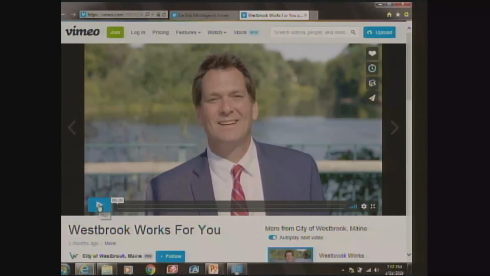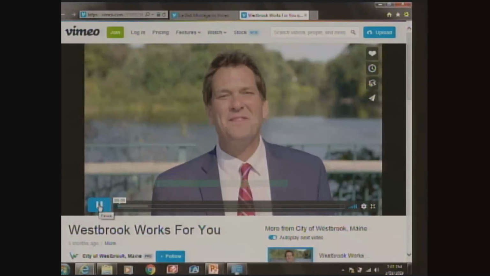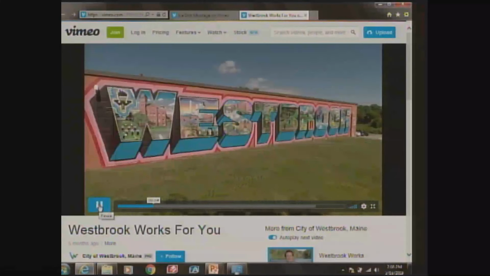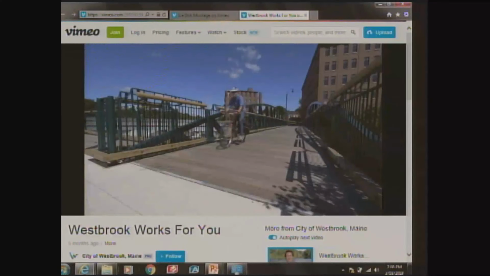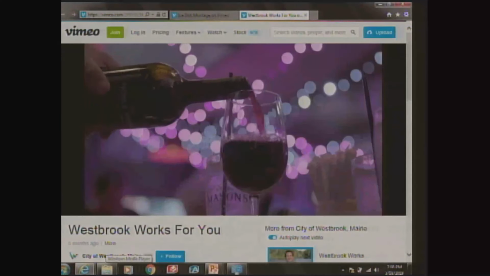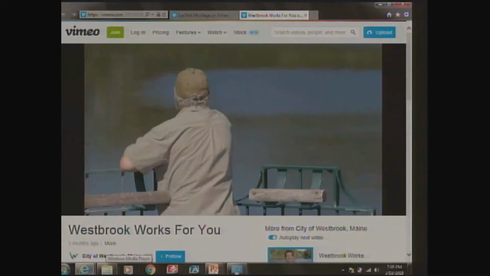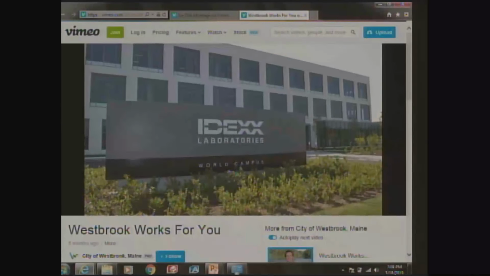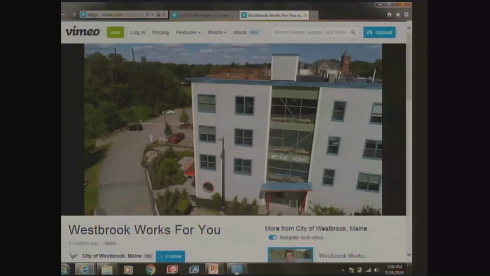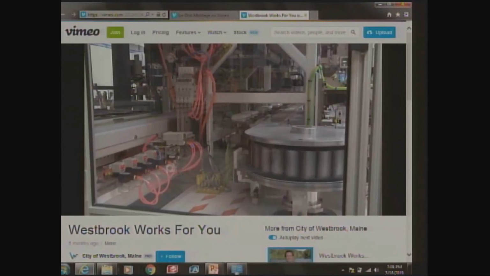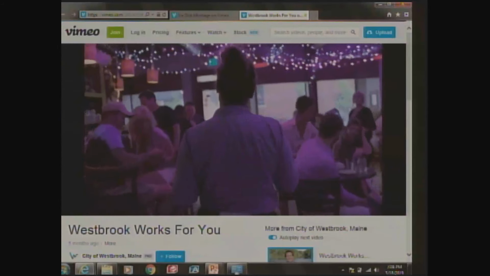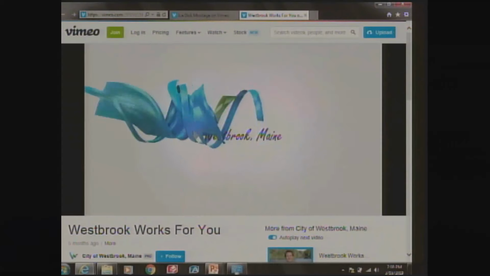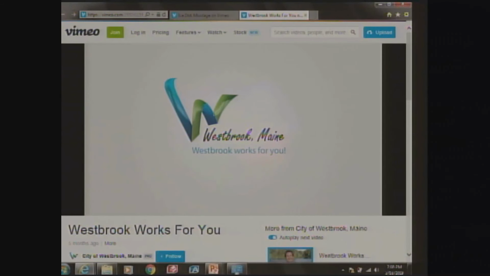Things are happening in Westbrook. Through significant public and private sector investment, Westbrook is transforming. With beautiful walking trails, restaurants, and an increasing draw for nightlife and cultural activities, Westbrook has become an attractive place to be. Our business community is also thriving, with world-class businesses, small businesses, and entrepreneurs calling Westbrook home. We understand the speed of business and will work with you to help mitigate risk so your business can flourish. If you haven't been to Westbrook in a while, take another look and see how Westbrook works for you.